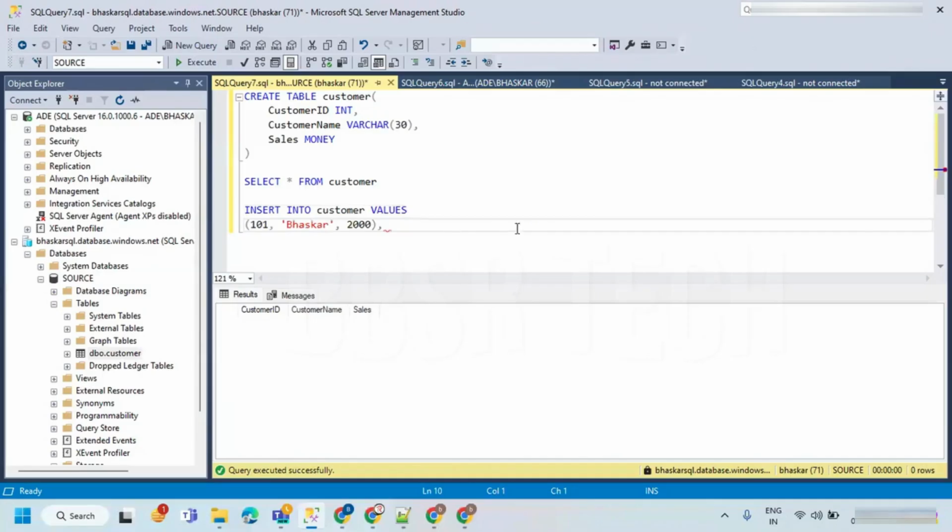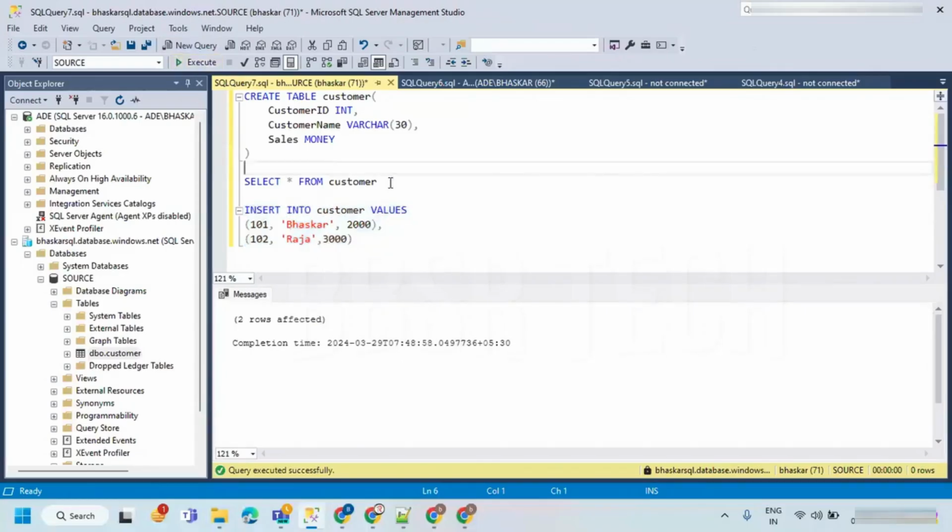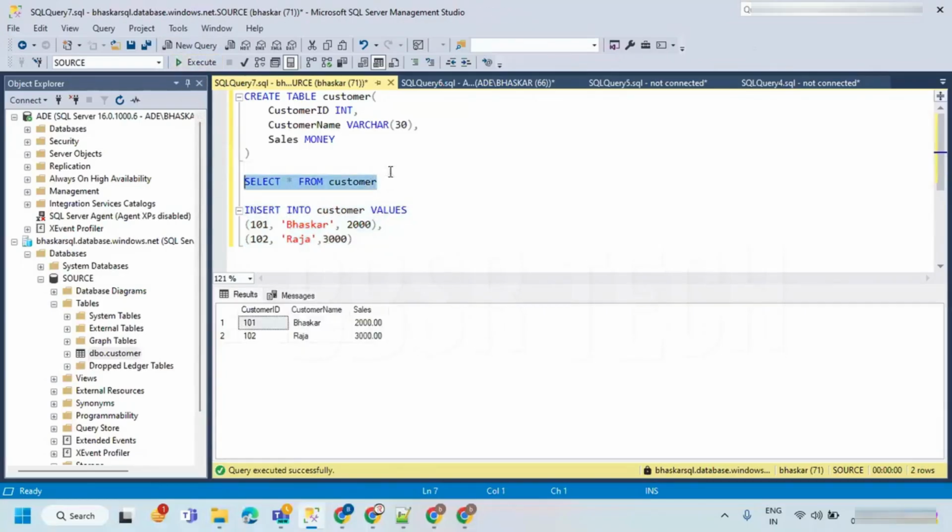You can provide multiple rows here. 102, Raja, 3000. Like this, I just wanted to keep 2 records in this. I have 2 records. If I execute the select statement again, you can see 2 rows are available.